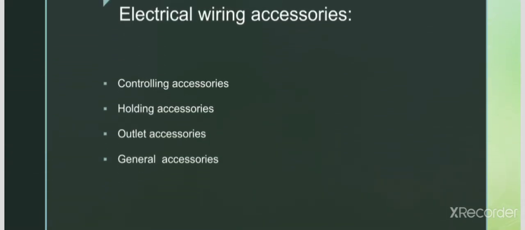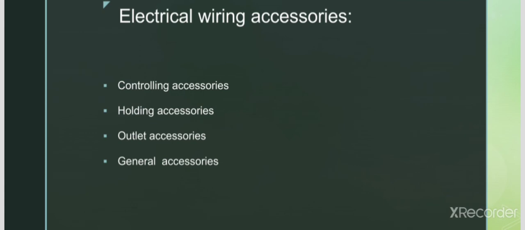Next one is electric wiring accessories. An electrical accessory is a basic part used in wiring. The electric accessories used in wiring installation are classified into different types, like controlling accessories, that is switches, holding accessories, that is lamp holders, outlet accessories, that is plugs, sockets, ceiling roses, etc., and general accessories, safety accessories. Coming to the controlling accessories,